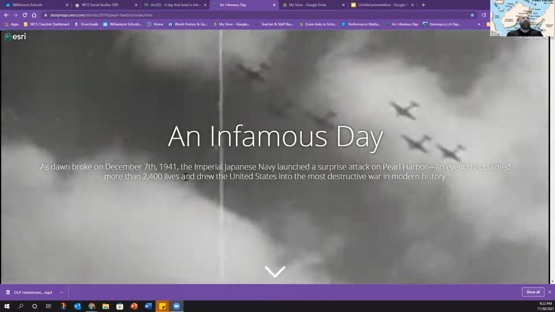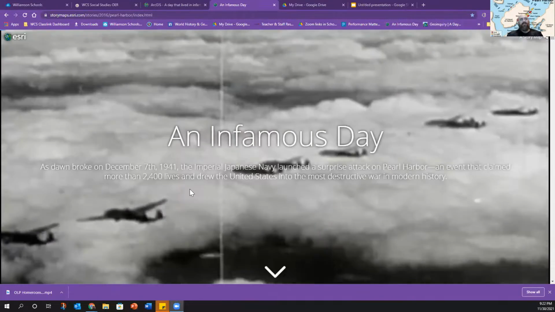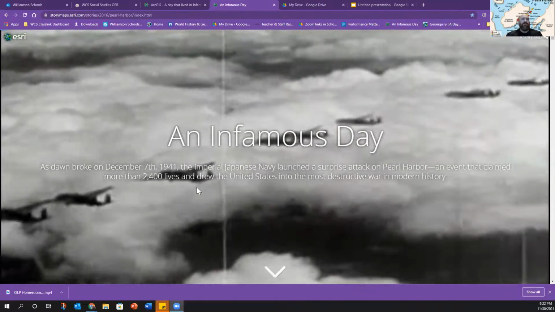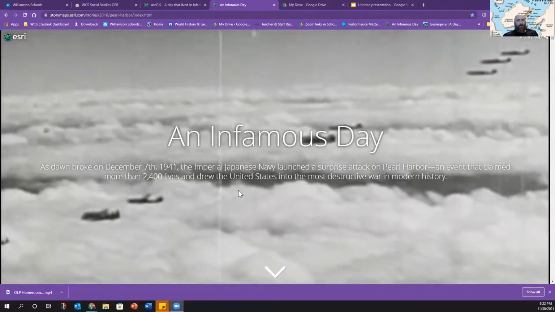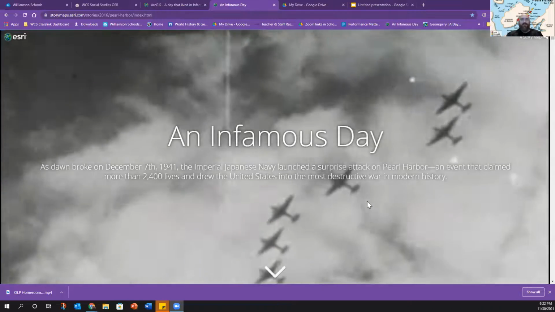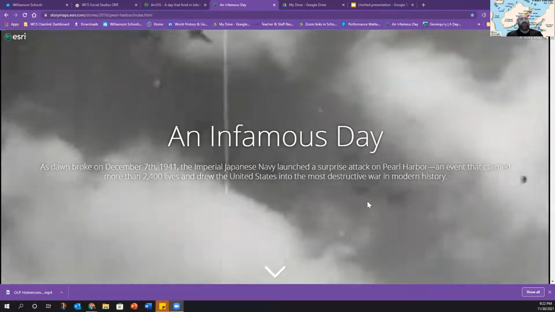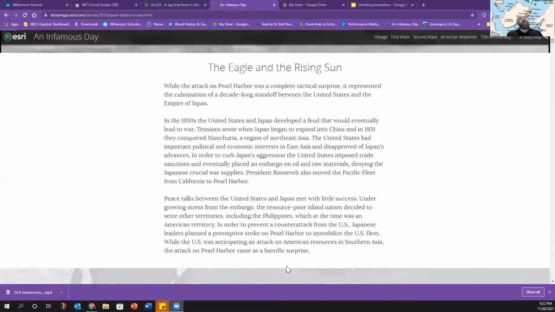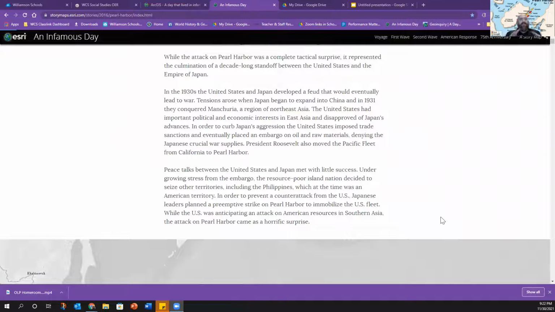So we're talking about the loss of 2,400 lives with many, many more injured, right? Pretty destructive, pretty hardcore. And once again, it didn't even work. In fact, it had the opposite effect of what the Japanese wanted. So, as we talked about before, you've got the tensions, you've got the embargo, Roosevelt and the Pacific Fleet. You've got this embargo on oil and raw materials, which, if it stands, is going to